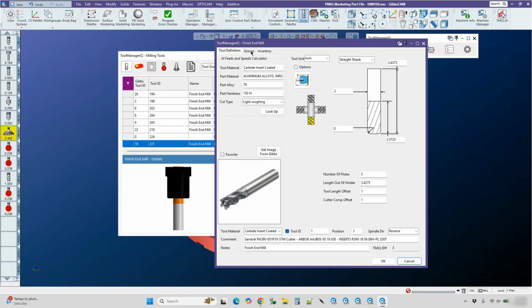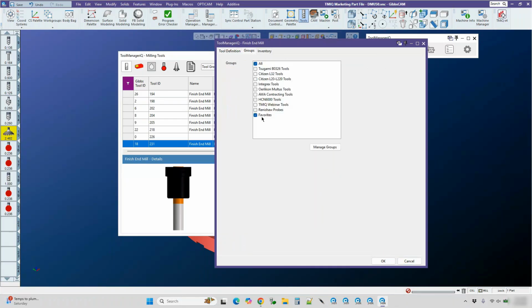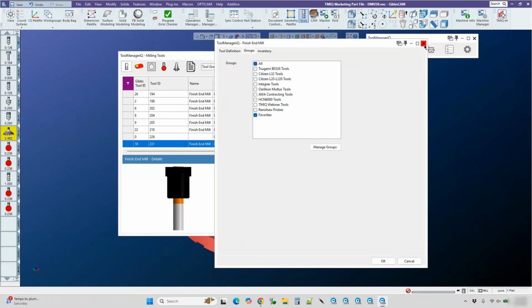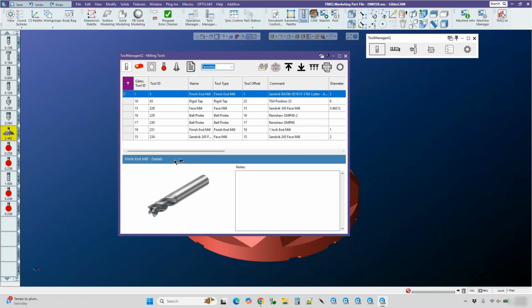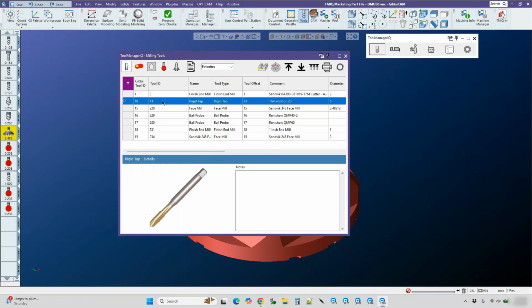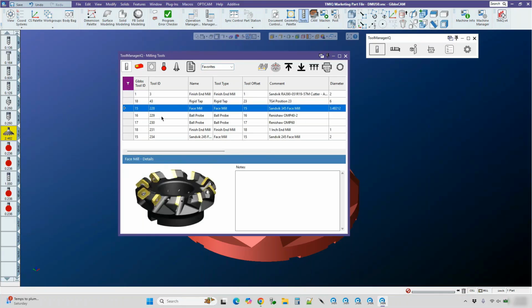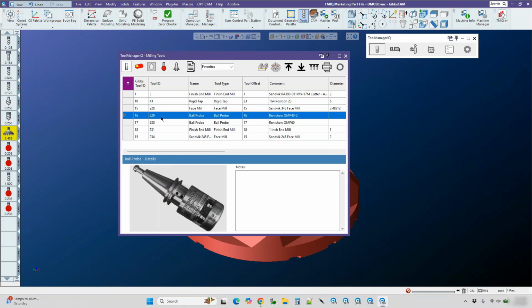If we go here into groups, you'll see that I have this one in my favorites category. So here, if I simply select favorites, those are the favorite tools. They might be my first 5 starting tools that I use every day. I've got a finish end mill, a rigid tap, face mill, and yes, it can manage your Renishaw probes